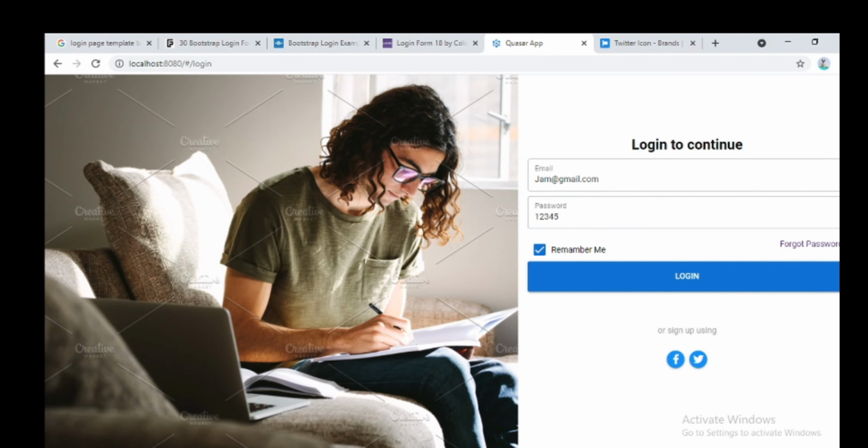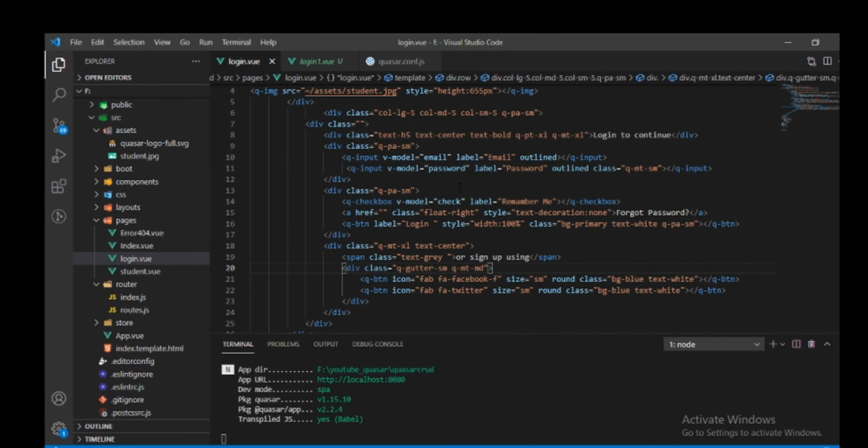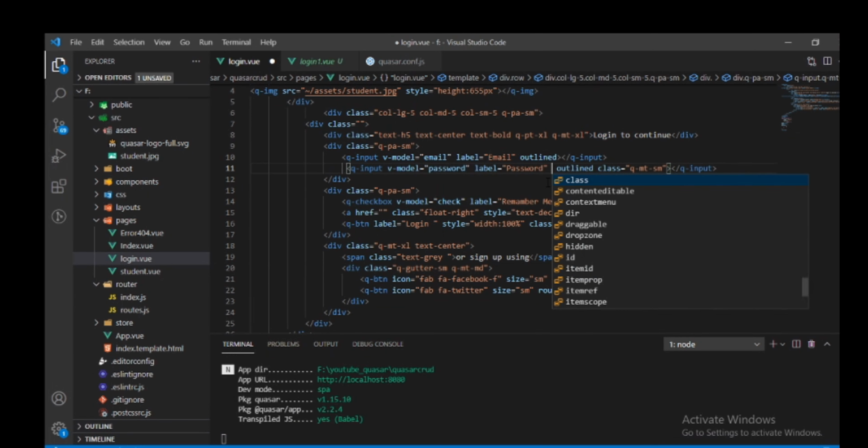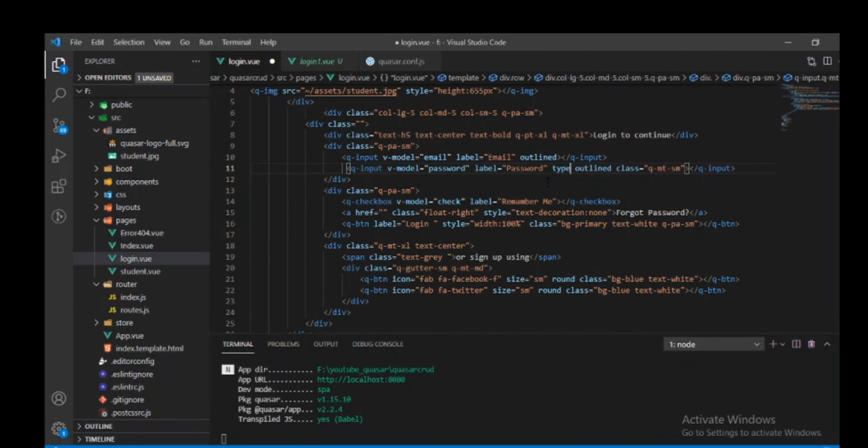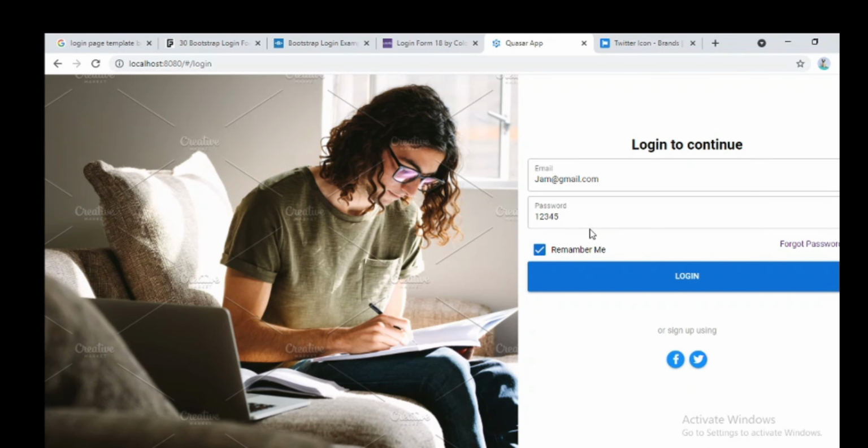We can set the password type as well, type equal to password. Okay, it will not be visible.